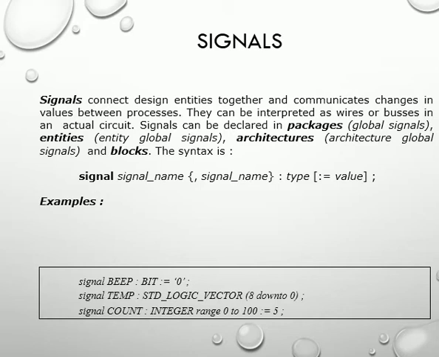Again the keyword, which is the class of that object, then the signal name. If there are a number of signals, then they are separated by commas and must be of the same type. So remember that if they are of the same type, they can come together there, separated by commas. Then colon, the type of that signal, and then its initial value. Okay, so this will be the syntax of this signal data object. If we look at the examples for this, here you can see that there is a signal.